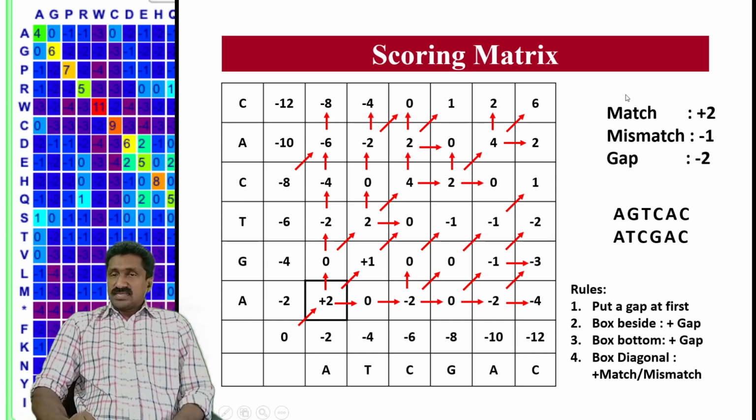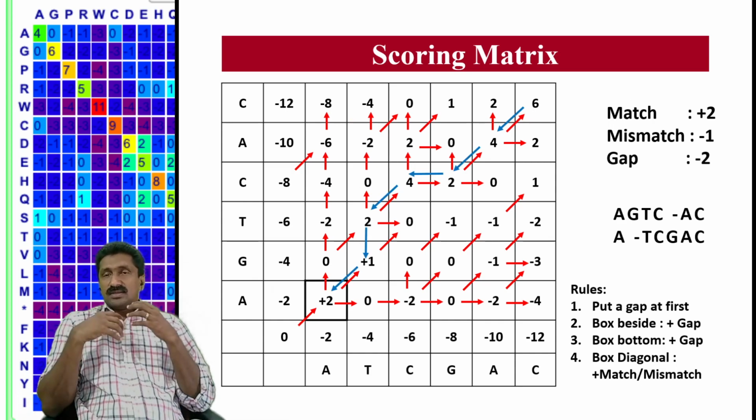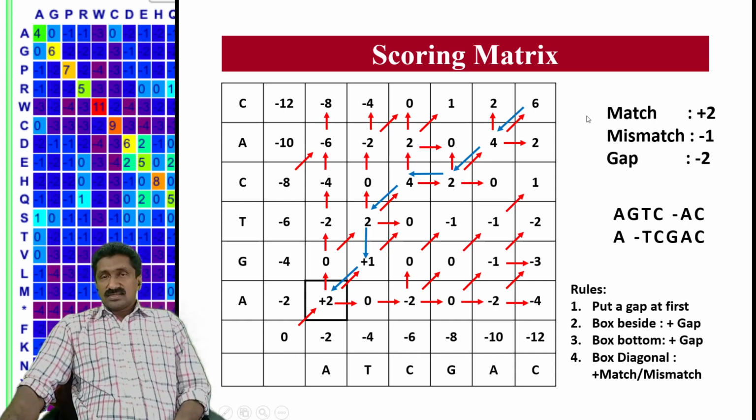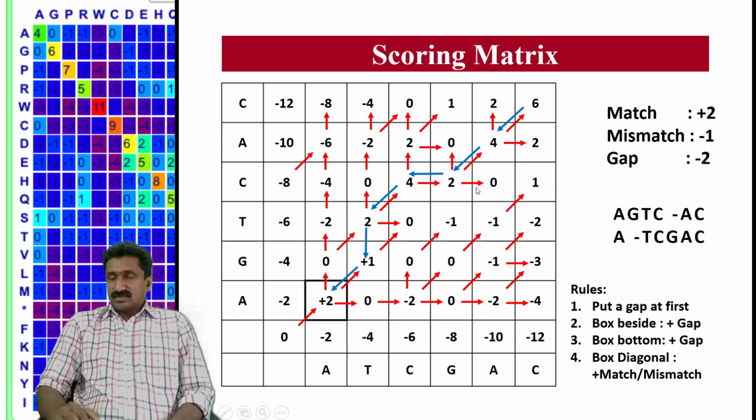So once that scoring is done, then you will initiate the second step, that is the traceback step. Traceback means starting from the highest value on the top side, you will draw a diagonal. So once it is here, then the highest value is this one. So you will move left. That left side movement is by inserting a gap in the concerned sequence. And again, you can move to the next highest value, and the next highest value the next time. So by connecting the highest values, you can draw a line, and that is known as a traceback.